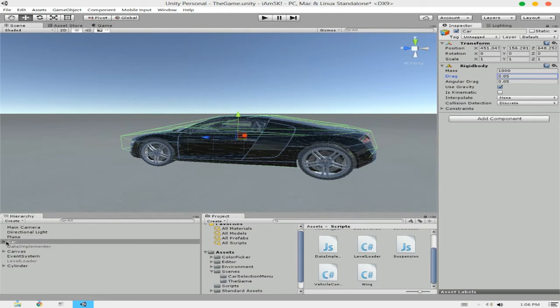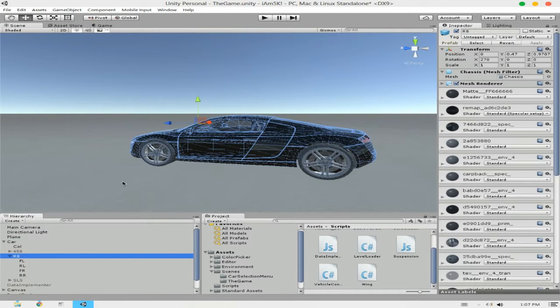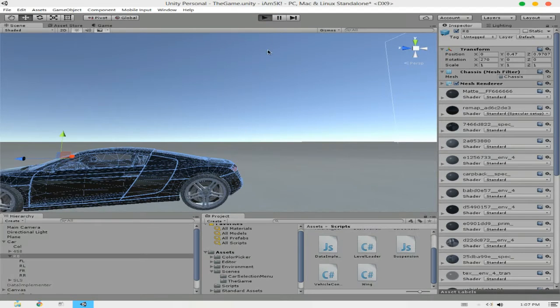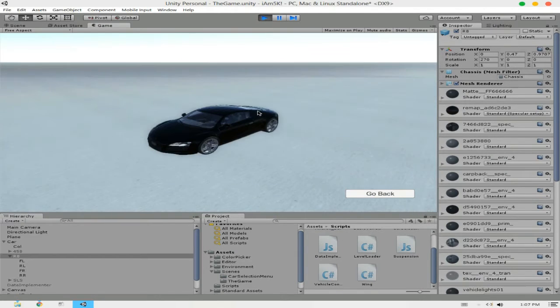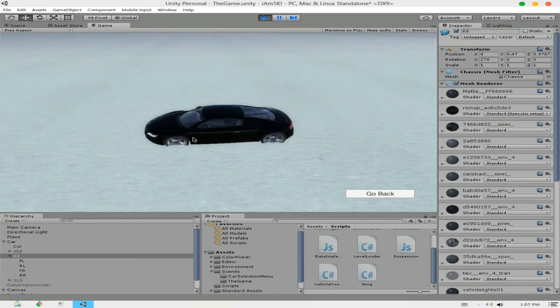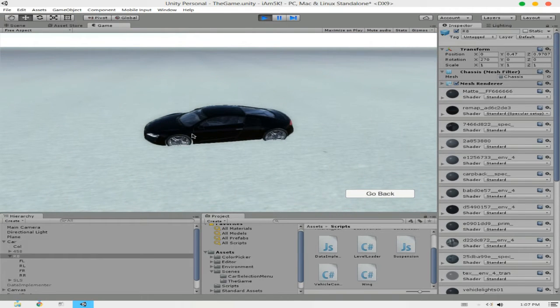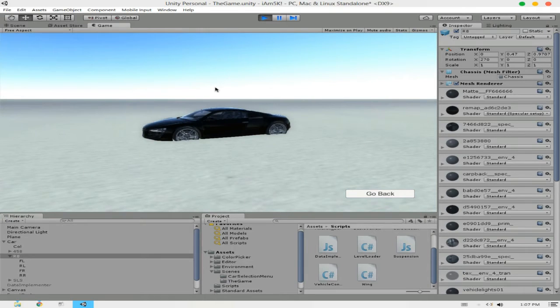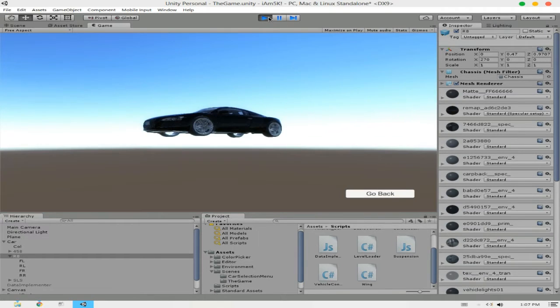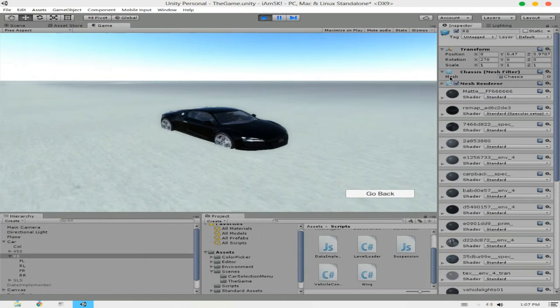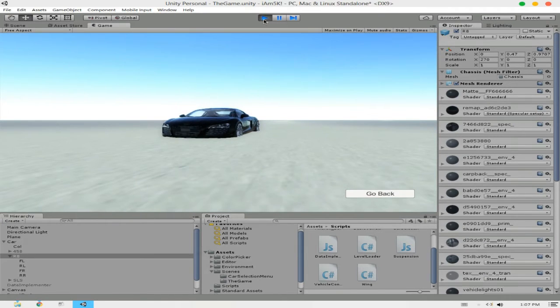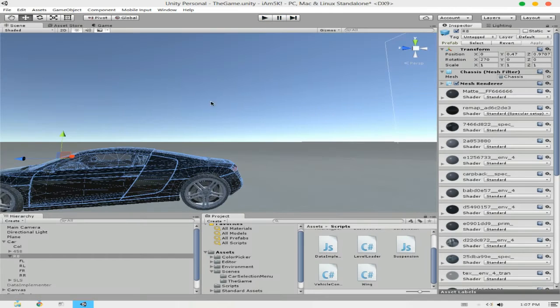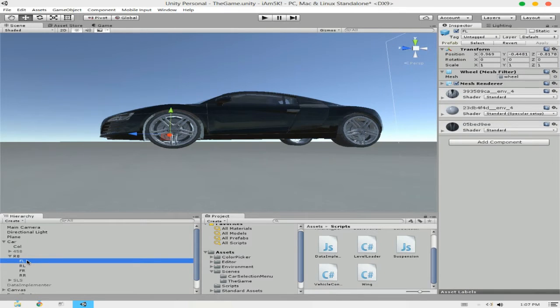Now what we'll do is we'll add a wheel collider to the car. So as you can see right now, if we click on play, the car falls down, but if you look at the wheel, the wheel kind of goes into the ground, and we don't need that. And why that happens is because we don't have a wheel collider as of yet. Now the wheel collider is what's going to make the car move and turn and basically do everything a car does. So not everything. Okay, so anyways, to add a wheel collider,